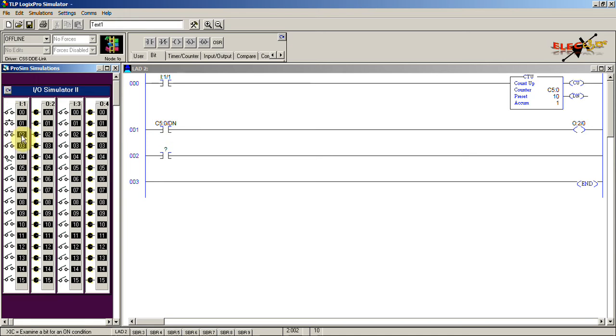I'll use this push button to reset the counter, and we have the reset instruction under here. This reset instruction is used and the counter address is given to this reset instruction. So now if you press this push button, this counter's accumulated count will be reset.